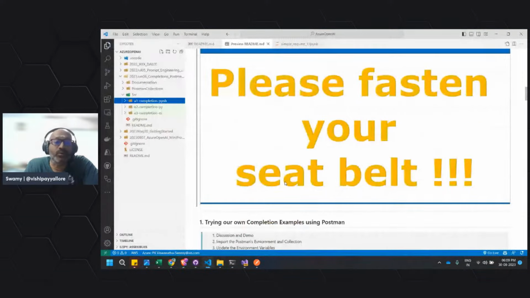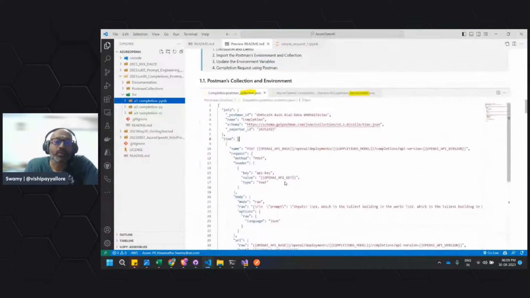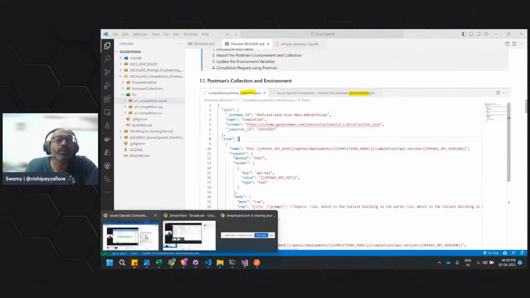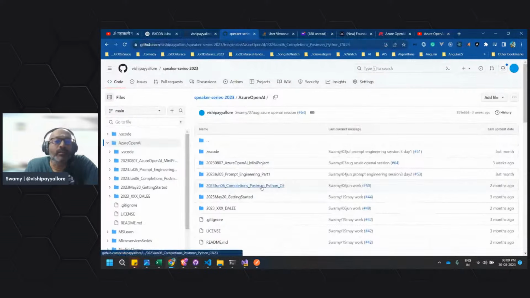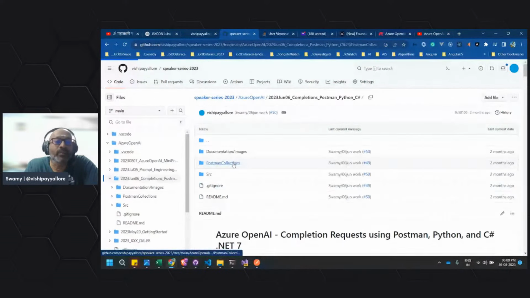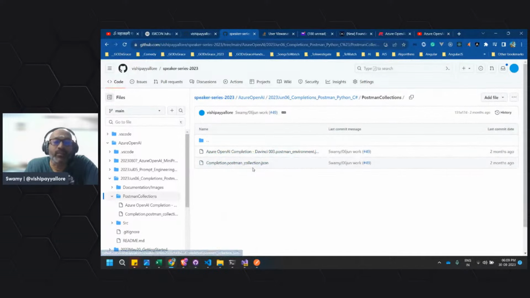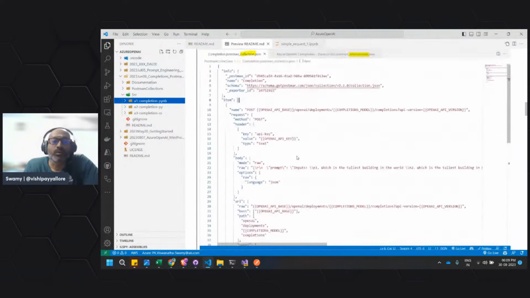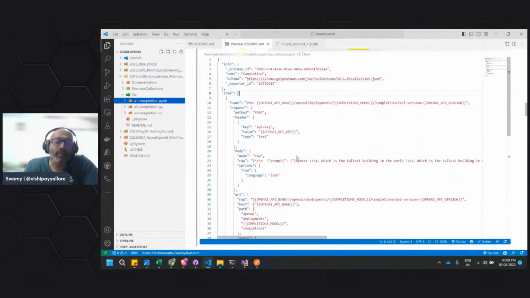One of the first methods to do it is through the Postman collection. I have created the Postman collection, which is there in the repository. You will get it if you go to this repo under the Postman collection. You will have the environment as well as Postman, which I've given in the documentation also. What environments do you need to create? In the environment you will have this URL and the OpenAI API key that I left blank.